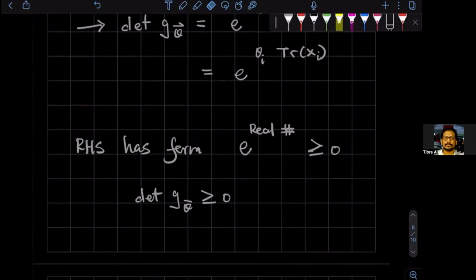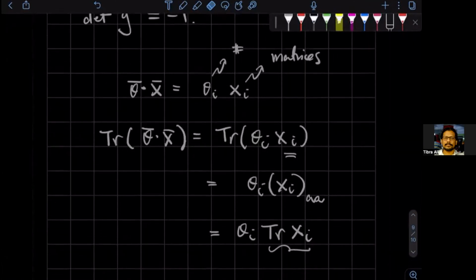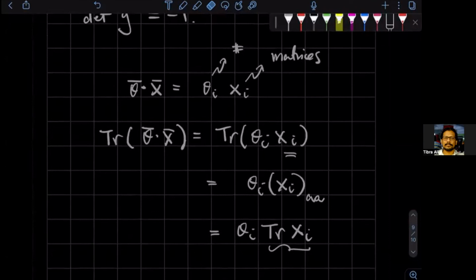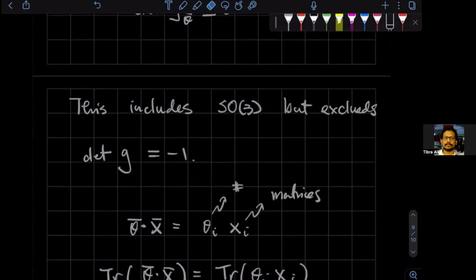All right. Any other questions or comments or corrections? All right. So this shows that the connected part of O3 is the one which has determinant +1, right? So now